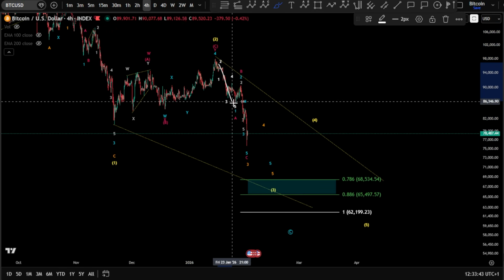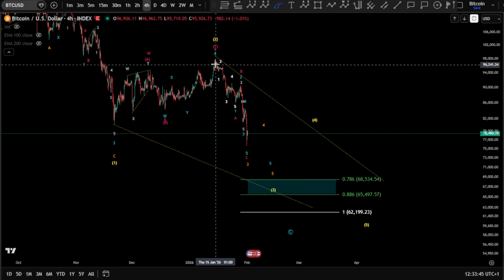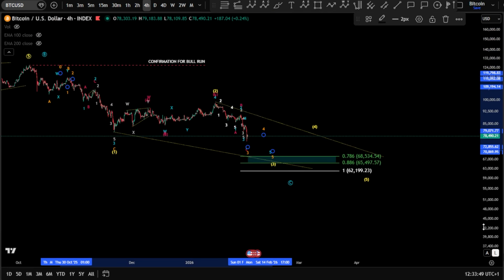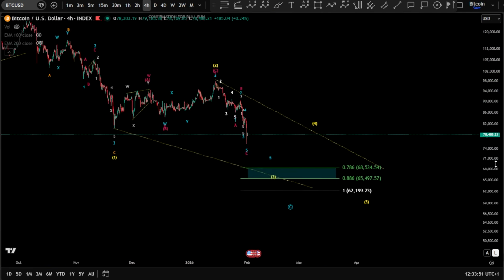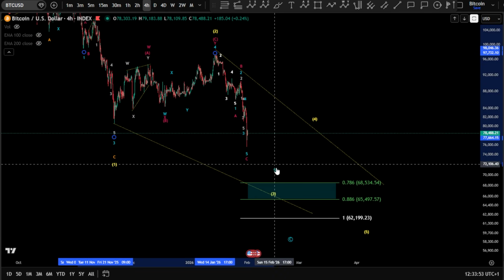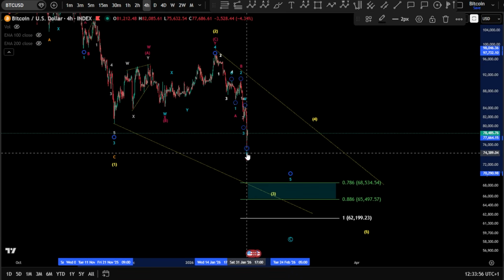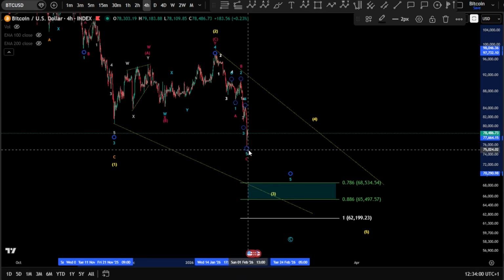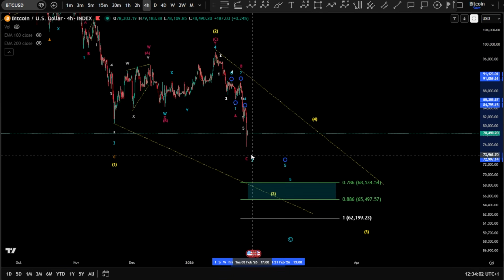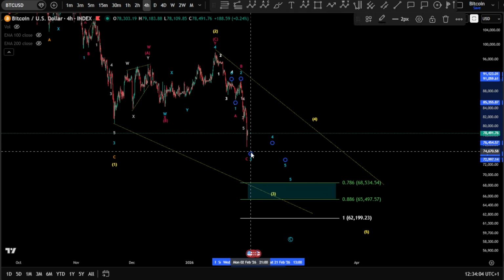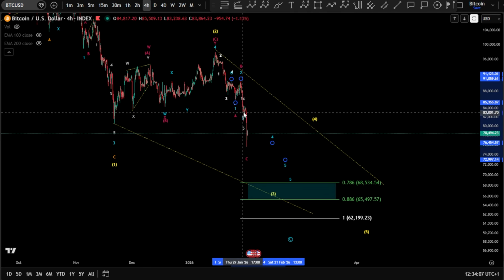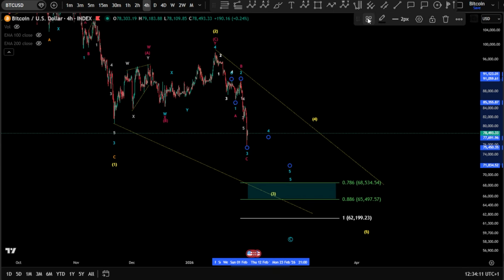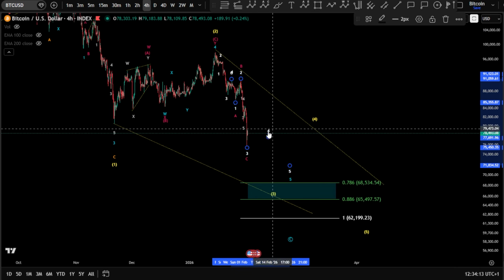Is it gonna transform to 1, 2, 3, 4, and a 5, or is it gonna be an ABC over there? I think this orange label, yeah, we can remove it there. We can stay just with this one. Yeah, we might have a 4, 5 there. So basically, 1, 2, 3. So the extension here is unfolding in this wave. Okay, so in this way, in case this is an extension, this becomes all of it wave 3. This becomes wave 4 and a 5. And I'm gonna put this, of course, in the white here.